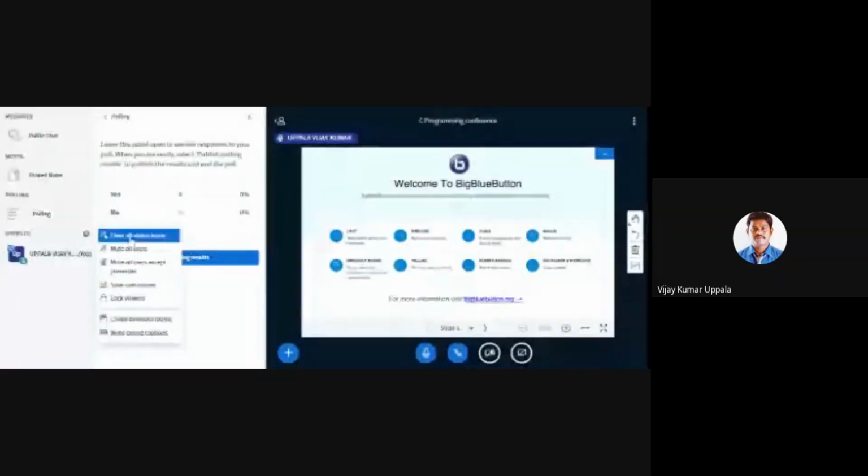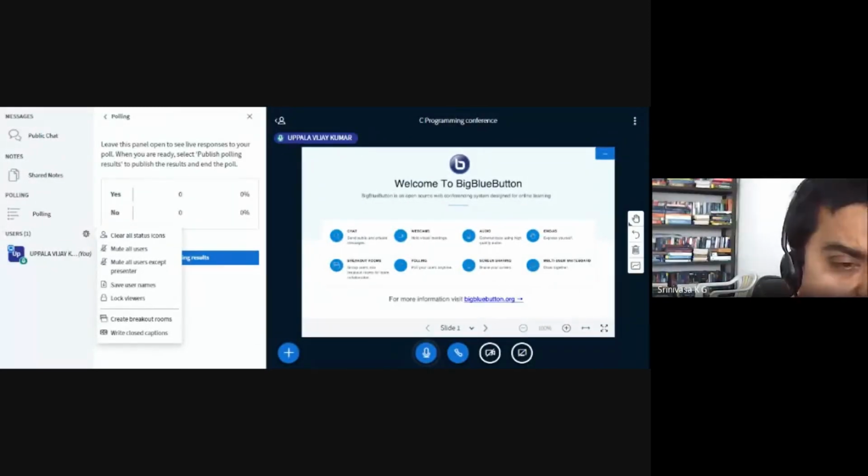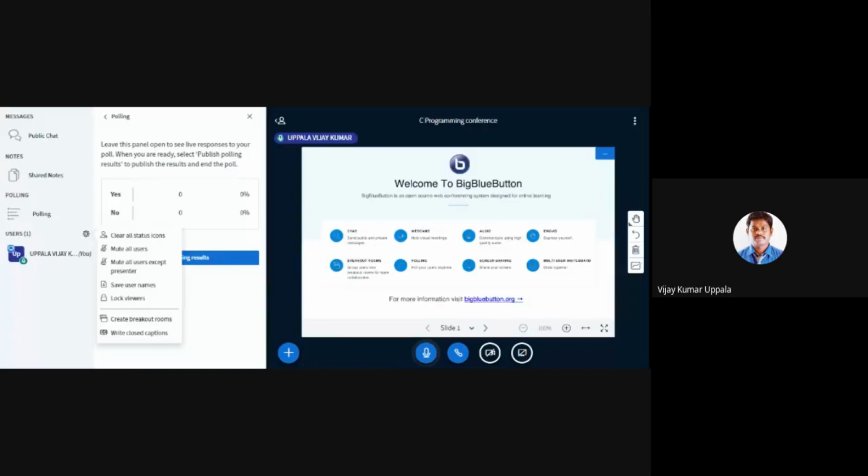If you click on manage pages, this conference should be, because many people know it. I think just your attendance we will show. So if you click on save users names, you can download that name.